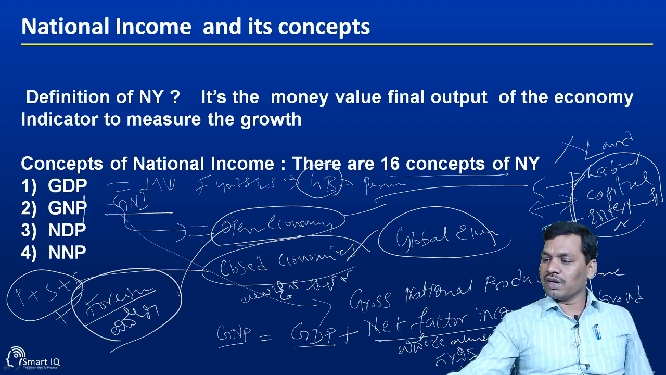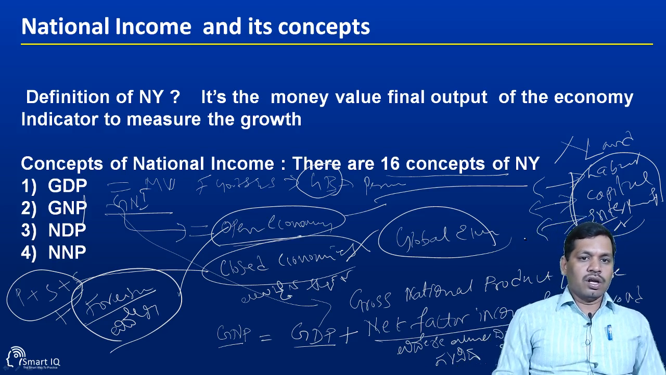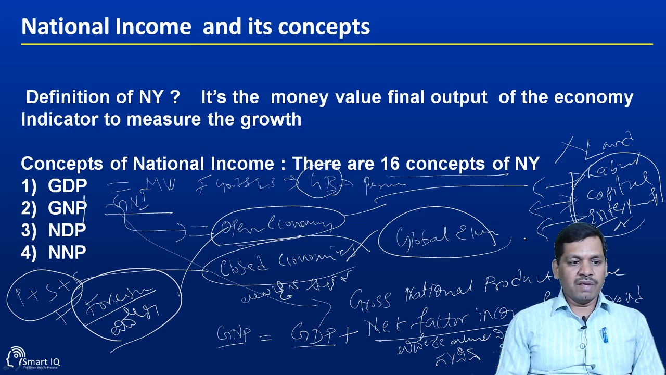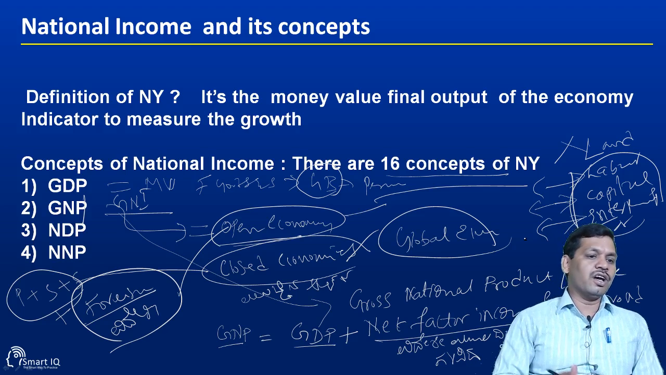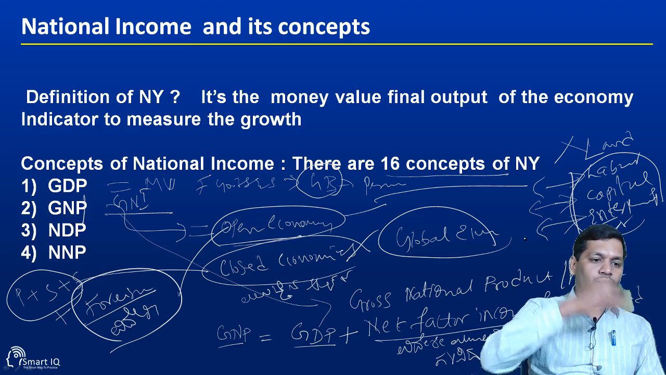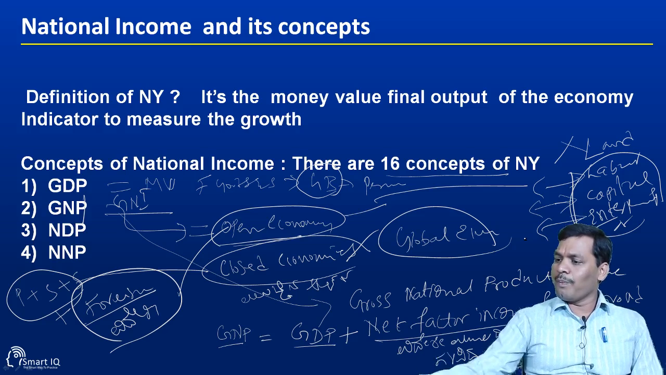And the third one, entrepreneurs, like Narayan Murthy, Azim Premji or Kiran Mazumdar-Shaw. Foreign entrepreneurs can come into India and start producing goods and services, or Indian entrepreneurs can go outside India and produce goods and services. This is all possible. So for labor we give the income called